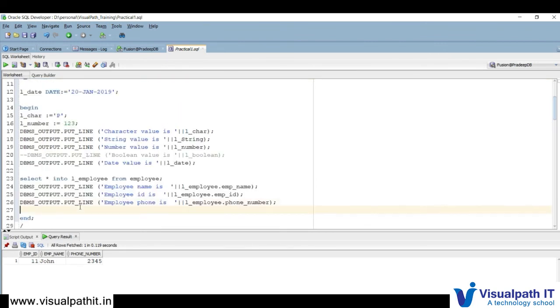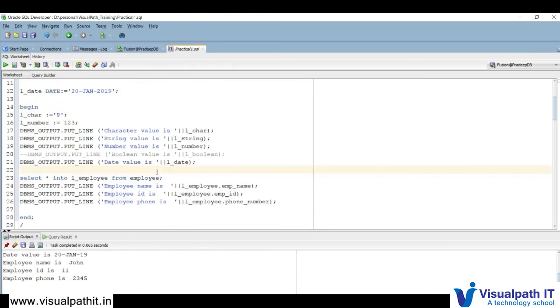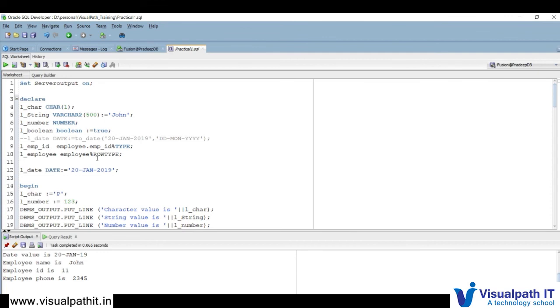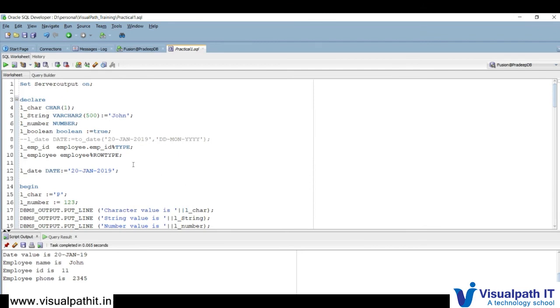Now if you run this query, see here: employee name is John, employee ID is 11, employee phone number is 2345. From where are these values coming? I did not assign these values, neither in the declarative section nor in the execution section. It is the functionality of the row type variable, which tags a particular variable to a database table row.